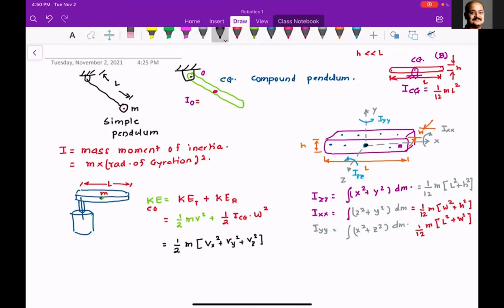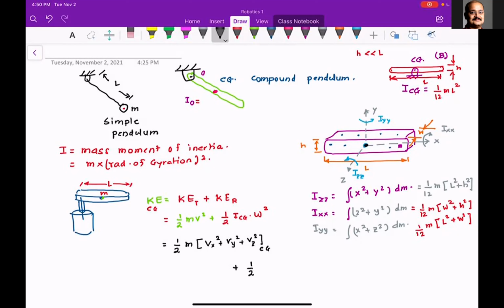Do you agree with me? All these velocities are velocities of center of mass. So this is nothing but CG. This is super duper important. Otherwise, the problem will go wrong. It will go badly wrong. Plus